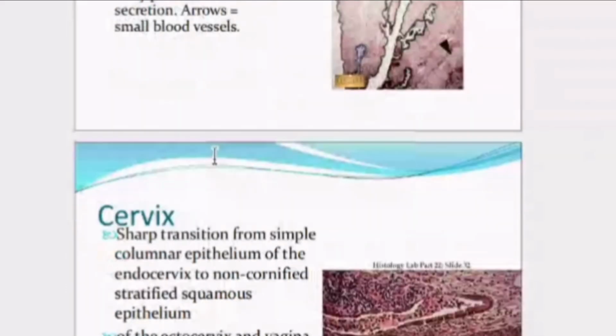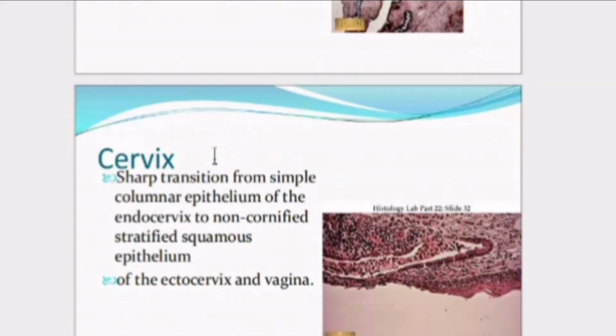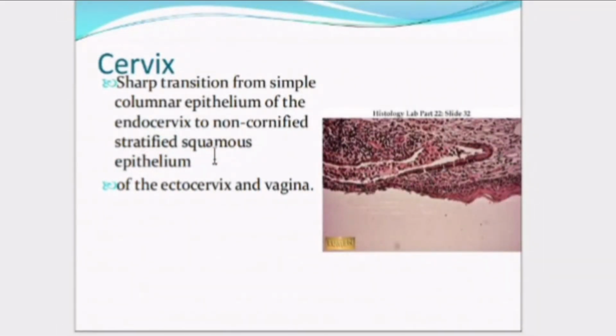So the cervix, you have the endocervix, which is in communication with the uterus, and the ectocervix, which is in communication with the vagina. The endocervix is lined by mucus-secreting columnar epithelium. The ectocervix is lined by stratified squamous epithelia. And we have a squamocolumnar junction or transformation zone where the endocervix meets the ectocervix,